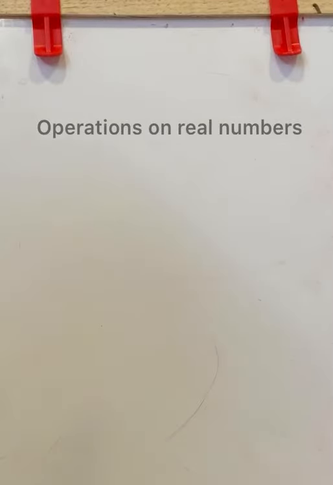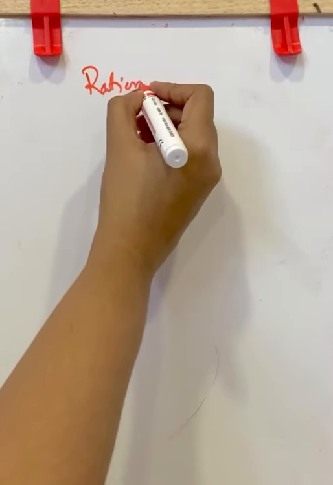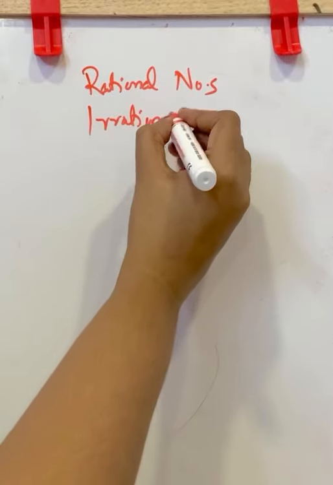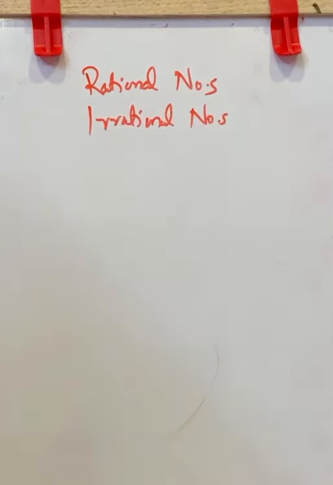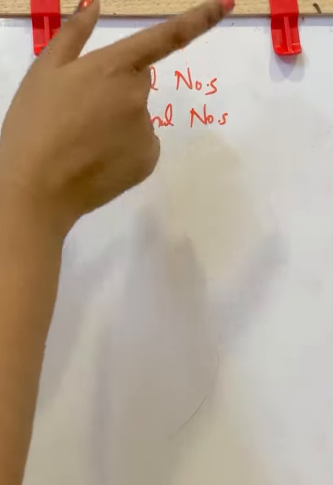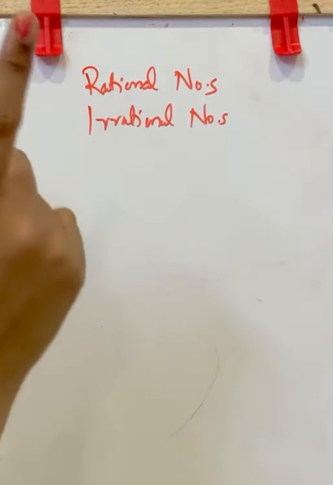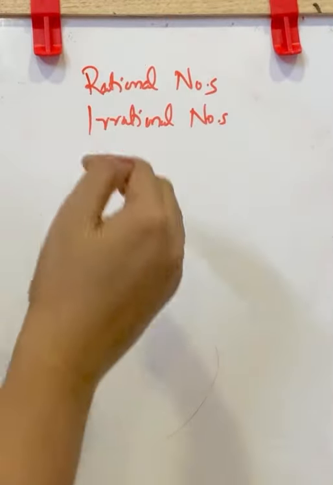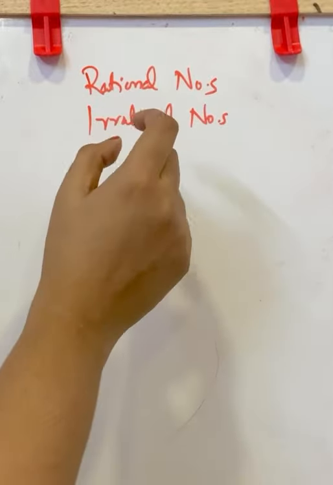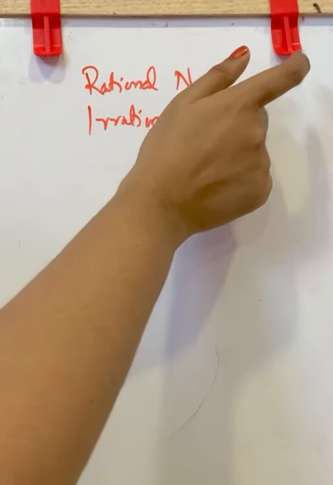Next is operations on real numbers. Real number means both rational numbers and irrational numbers. In the case of rational numbers, if you do operations, that is add, subtract, multiply or divide, you'll get a result as a rational number. It is closed there, but only one exemption is there, that is division by 0. It is not defined. So in division we can't say it is closed because division by 0 is not defined. Otherwise all the other answers will be rational itself.